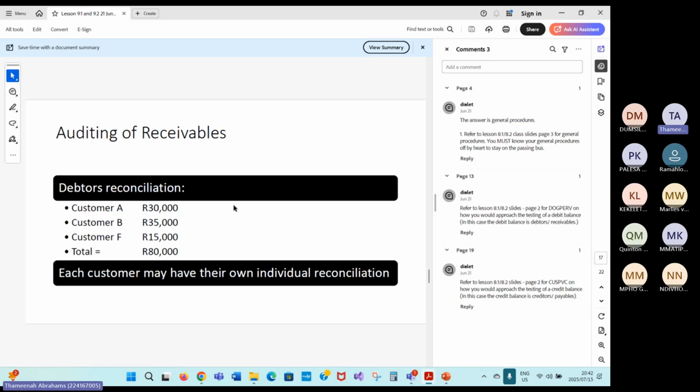So, for example, usually you have a recon for a specific date. Say, for example, I have a debt with Vodacom, right? Say the Vodacom statement was issued to me on the 25th of June, but I made payment to Vodacom on the 30th of June. The statement of Vodacom will show I still owe Vodacom, say, 500 rand. But I paid it after they issued me the statement. So that 500 rand I paid will show on the next statement.